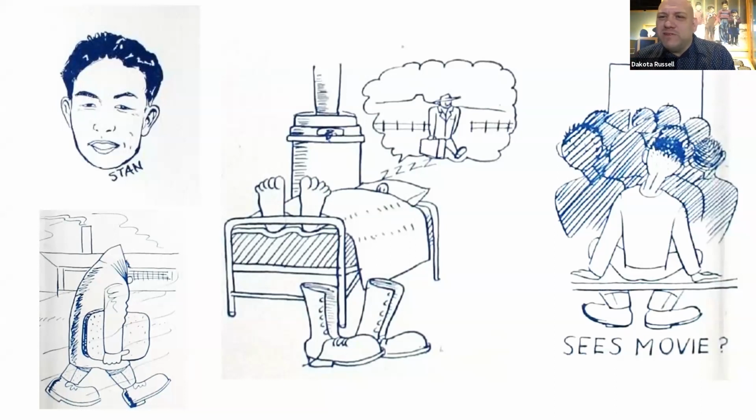And then the last one, you see one of the movie theaters in camp. So they actually had turned sort of smaller buildings that they had set up into movie theaters there, but they weren't really designed for that, and they just sort of had hard wooden benches, and they would project the movie up into the front of this. But you could see in the back that he's questioning whether he's even seeing the movie at this point, because he's stuck behind so many people. Let's move on from there.